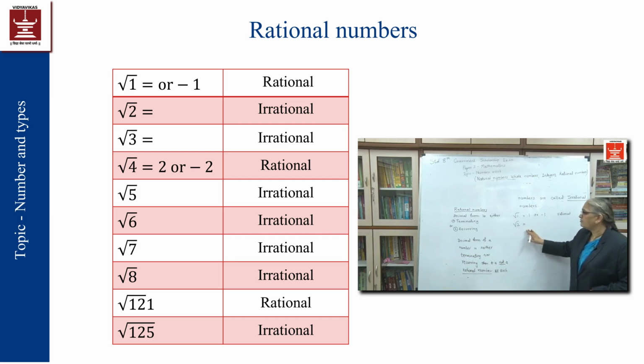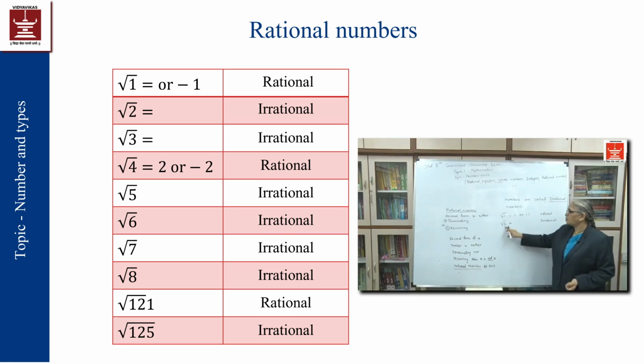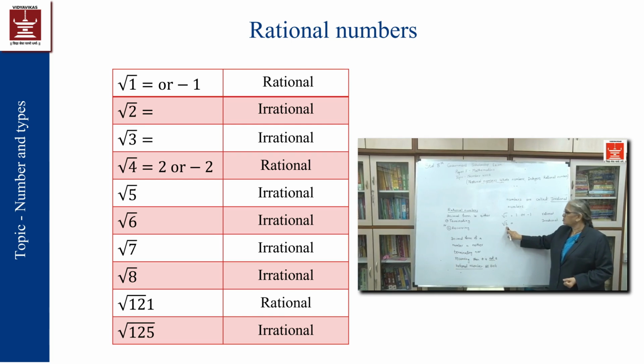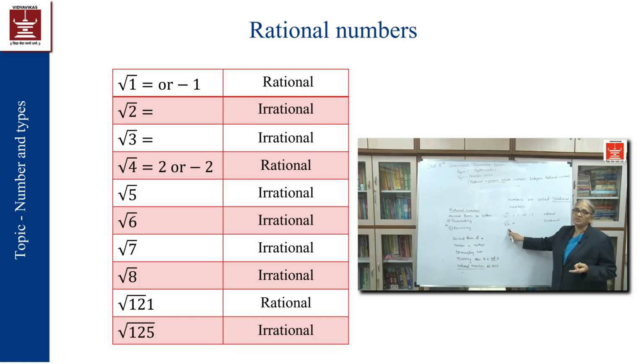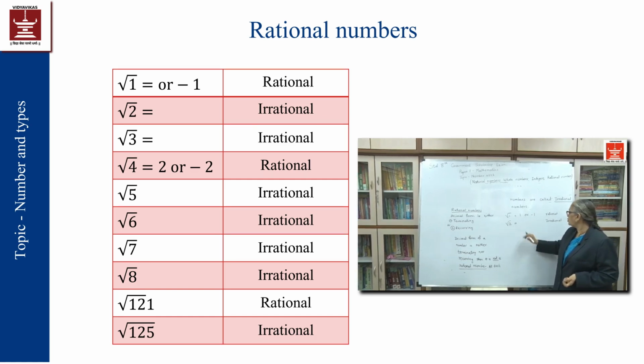That we will learn, but at this stage I will tell you that the decimal form of root 2 is neither recurring nor terminating, and it is irrational. One more thing you can remember is that 2 is not a perfect square. So, square root of 2 is not going to be an integer. We cannot write 2 as a product of the same two numbers, and therefore root 2 is irrational.